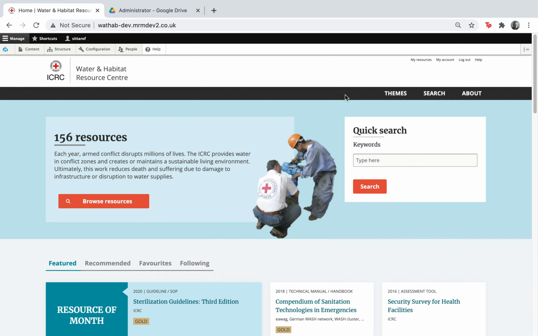When uploading resources to the Water and Habitat Resource Center, users are required to assign a source to the various resources. As an administrator for the Water and Habitat Resource Center, you may wish to make changes to these sources depending on whether a source has been incorrectly assigned to a certain resource, depending on whether you wish to add a new source type, or depending on whether, for whatever reason, a source has been misspelled or requires an adjustment